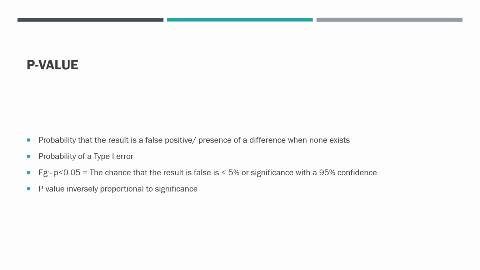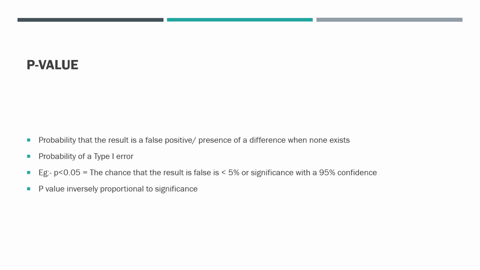It means that suppose you are getting a result, your new drug is different from that of your old drug, the chance that the result is false is less than 5%. Or you can state that with 95% confidence there is actually a significant difference between your new insulin and your old insulin. That is p-value. P-value gives you the probability that the result is a false positive. That is 5%. Say if it is going to be 0.001, it means a 1% chance.